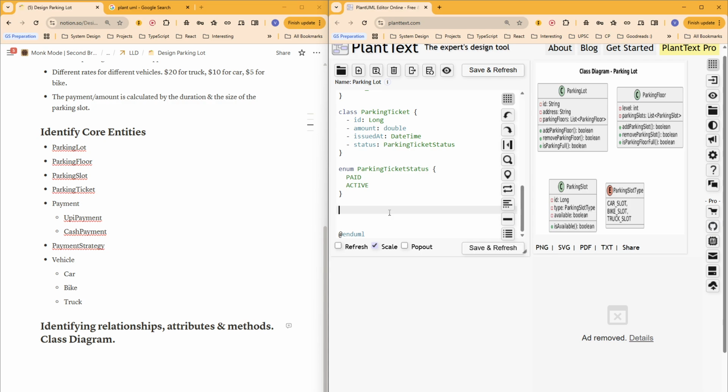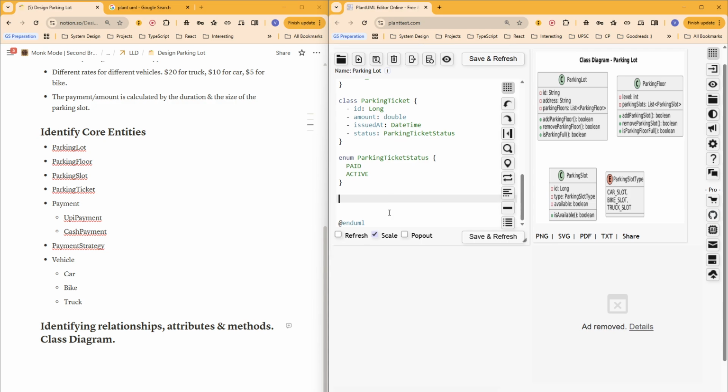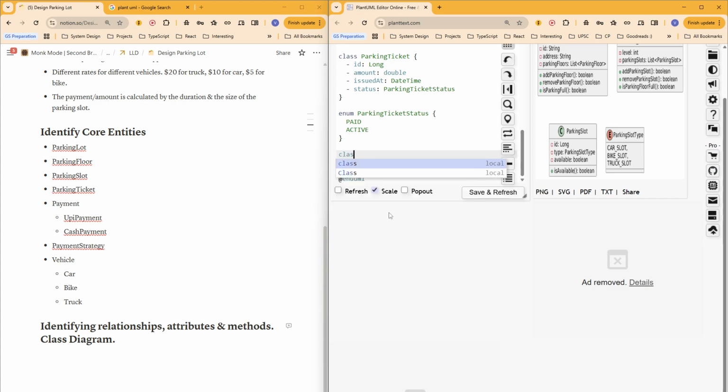Okay, that's good. Let's move to the payment stuff. So we would have a class payment. Payment is actually not a class. Payment is an interface. Okay, and it will have the amount, right? So it will have the amount,